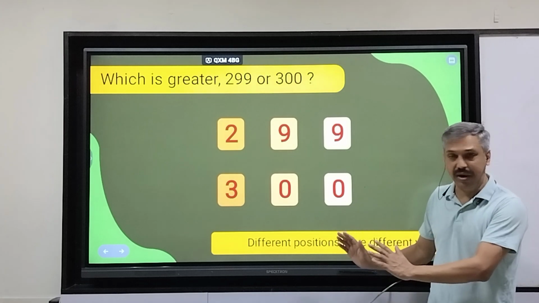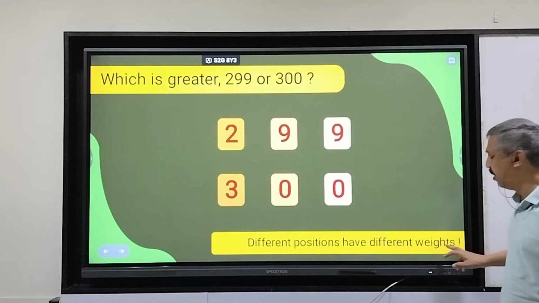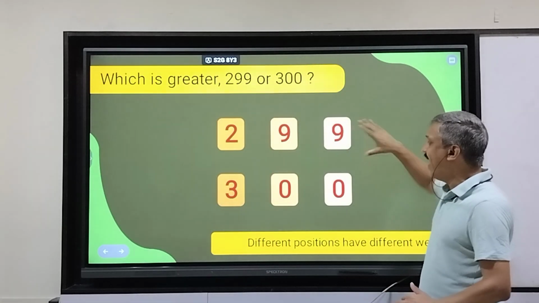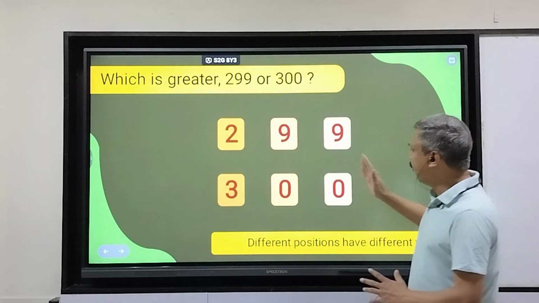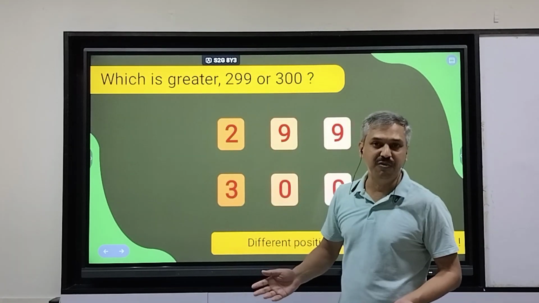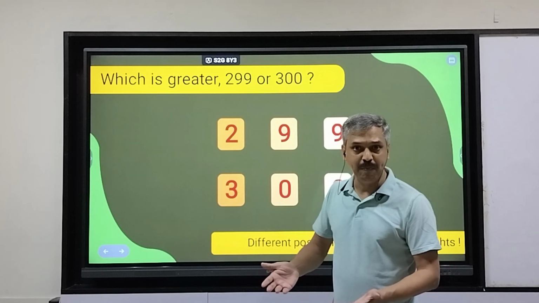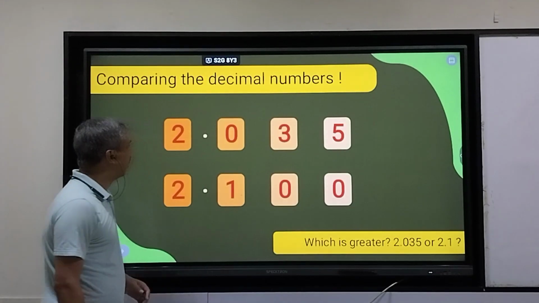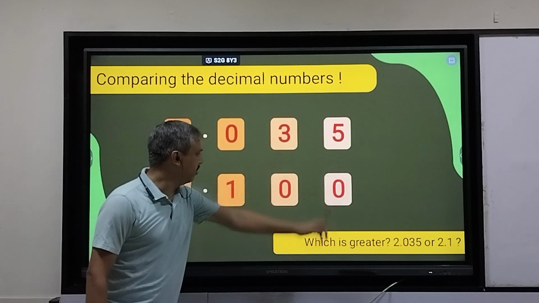This is the important point. Different positions have different weights. The position in the most right part of the number has minimum weight, minimum value. And the position which is leftmost has maximum weight, that has the maximum value. Let's see with the decimal numbers now. Comparing the decimal numbers. Which number is greater, 2.035 or 2.1? This is just an example. You can compare other numbers. 2.035 and